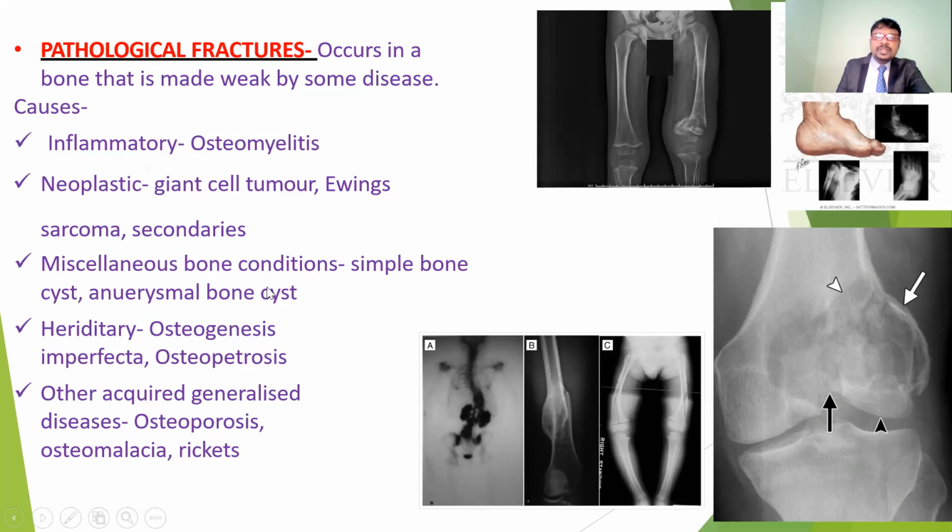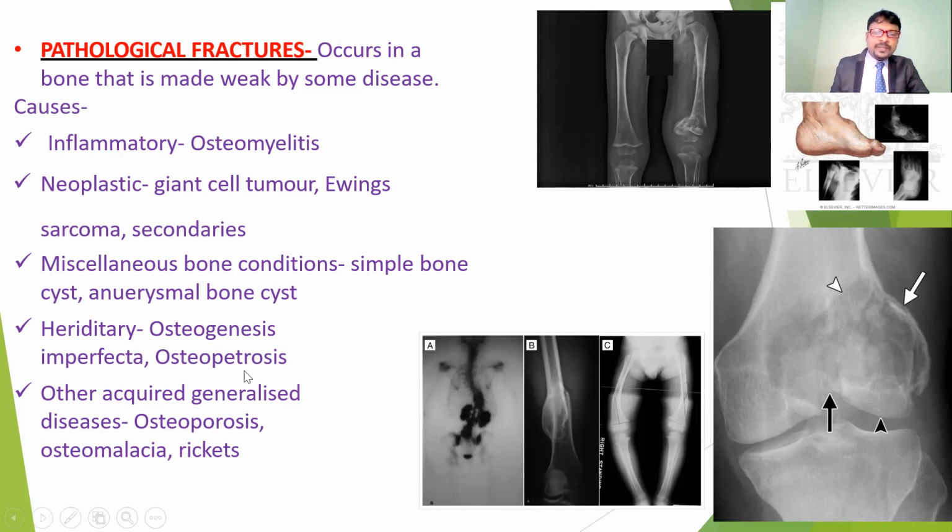Other than these, some other conditions such as abnormal bone cyst formations, or any bone cyst, may also cause fractures, because of the abnormal formation of tissue on the bone. Also in hereditary osteogenesis imperfecta, with abnormal bone and joint formations, the curvature of the abnormal bones may give fractures. That is because of genetic defects, a hereditary condition called osteogenesis imperfecta. The formation of the bones is not proper, so abnormal formation of the bones may give the fracture.